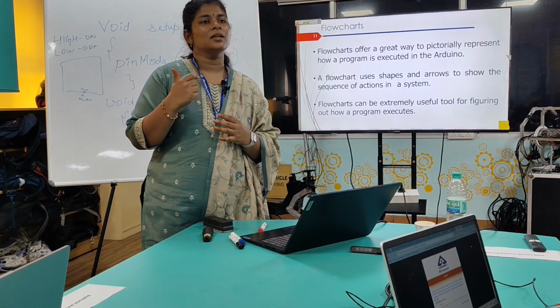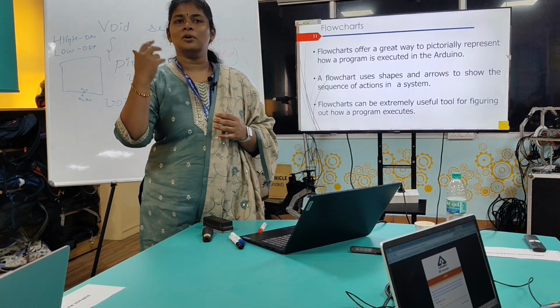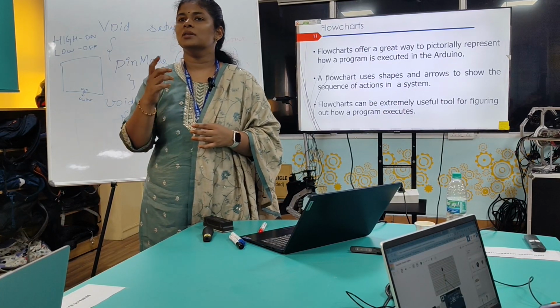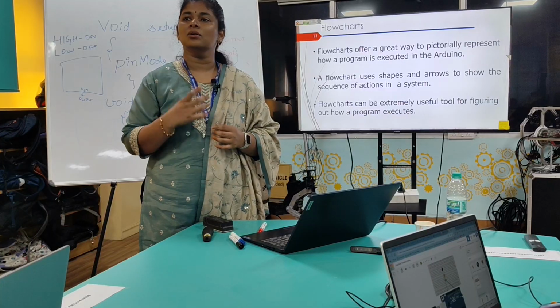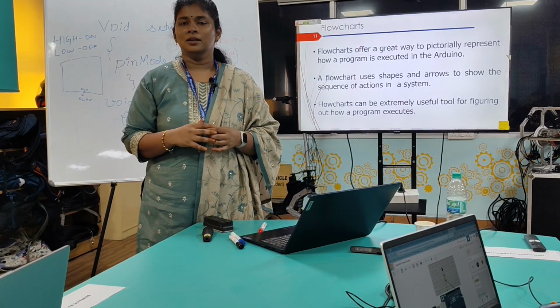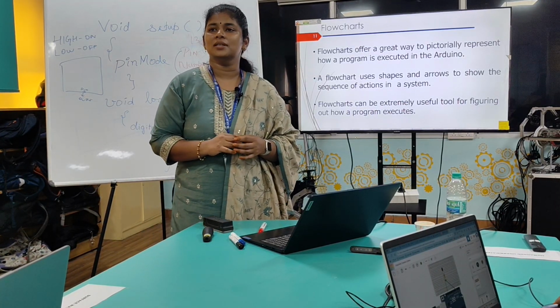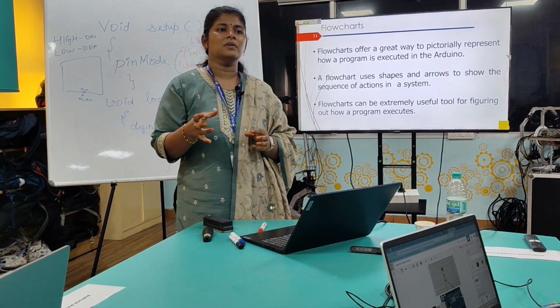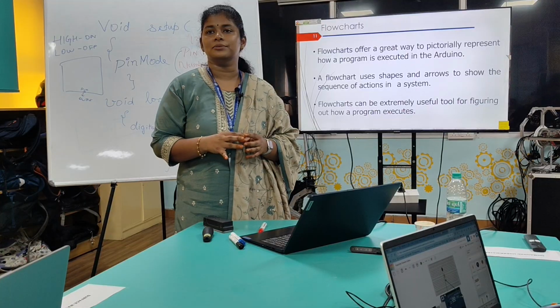The reason is only then you will understand what is the input, what is the output, and how we are going to make the decision. So with just blinking the LED also, you can write a flow chart out of it. Now in the next example, when we see the sensors integration and all that, we will work with respect to the flow charts also.